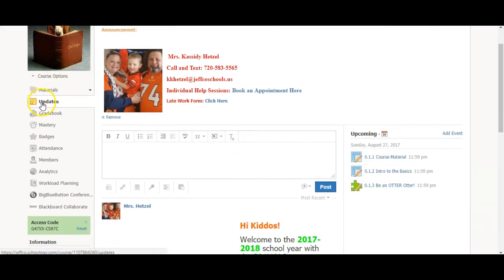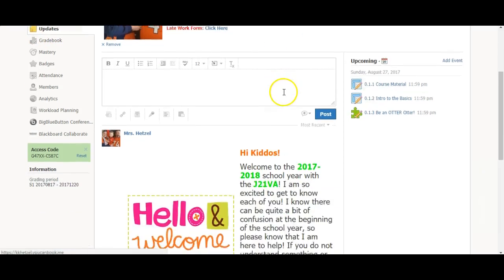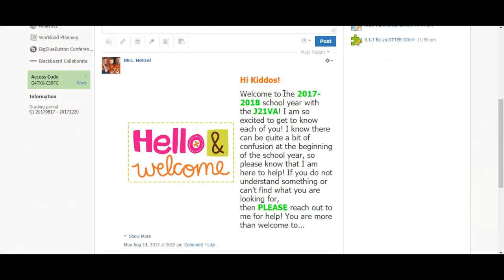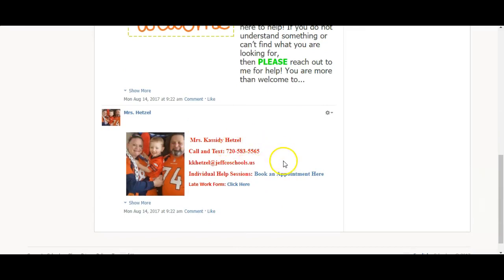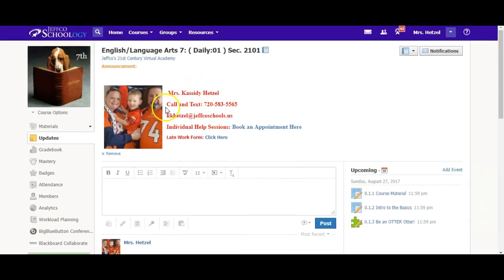So the first thing that you're going to see is that you are automatically brought to the updates page. The updates page, again, is where all of the important information is stored. You can see that you already have a hello and welcome message from me. And then you can also see that right up here at the top of the course, I have put an announcement that will stay there all year with my name, my phone number, my email. And if you ever want to have a one-on-one meeting with me, you can click on this book an appointment line,